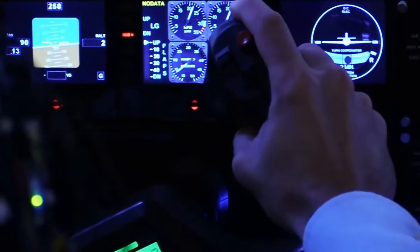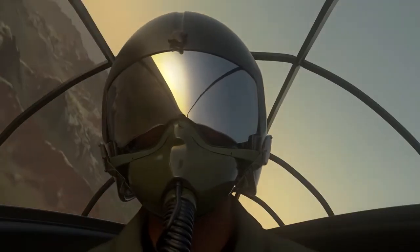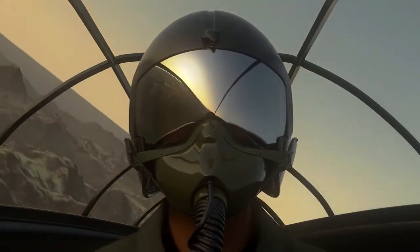What if becoming an expert pilot were as simple as putting on a cap? So our system is one of the first of its kind. It's a brain stimulation system. It sounds kind of sci-fi, but there's large scientific basis for the development of our system. The specific task we were looking at is piloting an aircraft, which requires a synergy of both cognitive and motor